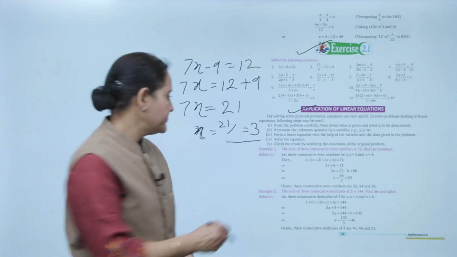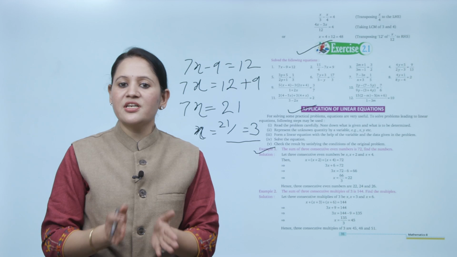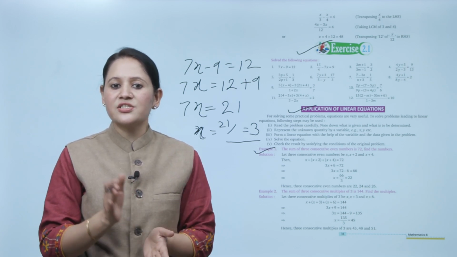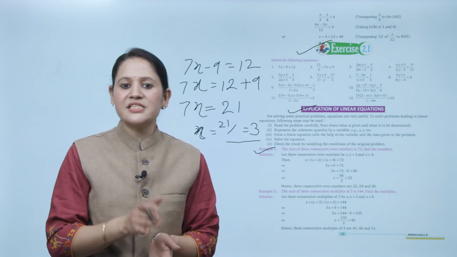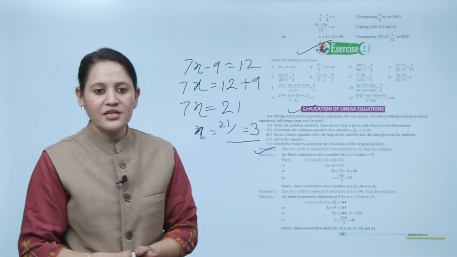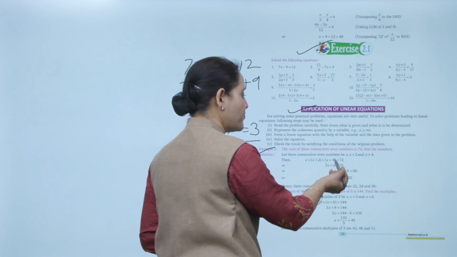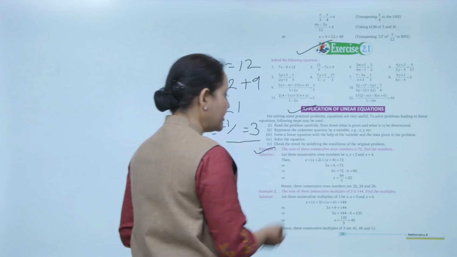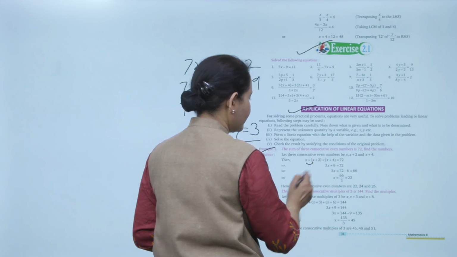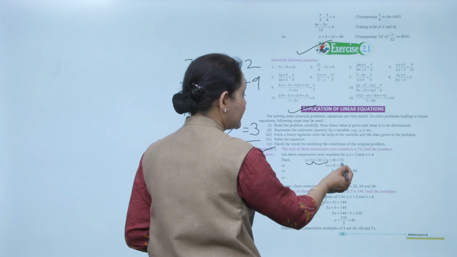Let's take an example. The sum of three consecutive even numbers is 72. Find the numbers. Solution क्या हो जाएगा? Let the three consecutive even numbers be, suppose the first number is x, so the next will be x plus 2, then x plus 4. Clear? So their sum x plus x plus 2 plus x plus 4 equals 72. Remove the bracket. x को ऐड कर देंगे, x plus x 2x plus x 3x. 4 plus 2 is 6. 3x plus 6 equals 72.